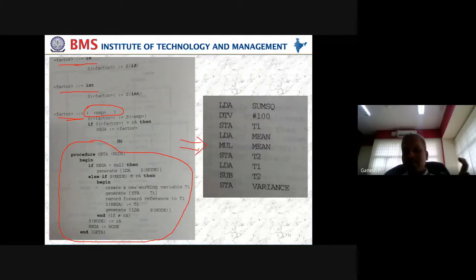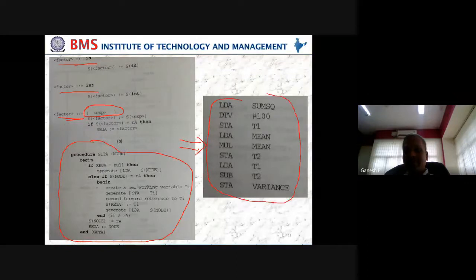Finally from this we can visualize the given statement. The given statement is one such example, but these are all procedures which are general in nature. So for that we can imagine a SIC/XE program might be like this. Depending upon the actual input that is being supplied, your compiler needs to generate the code. So this is the process involved.